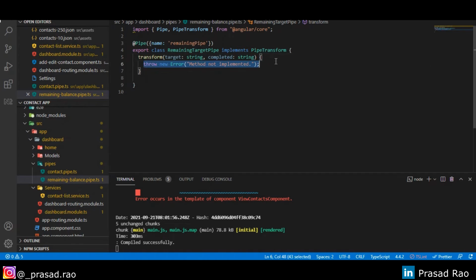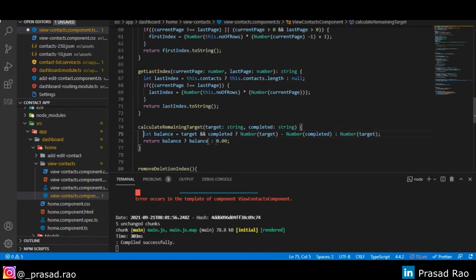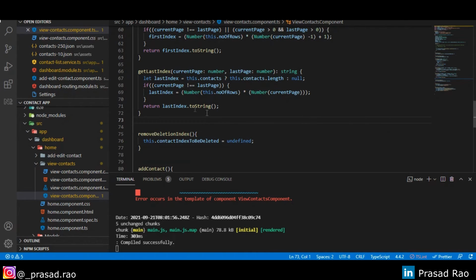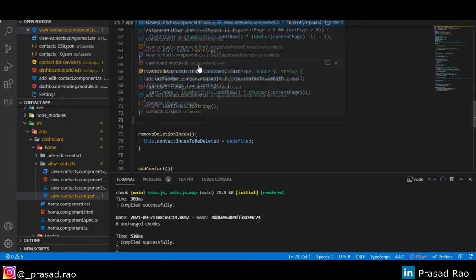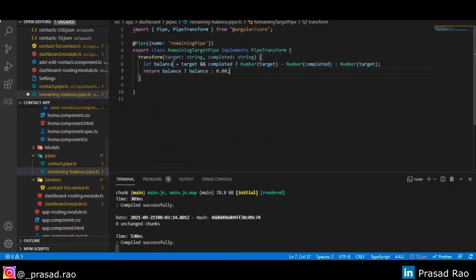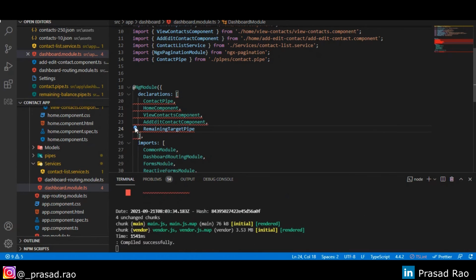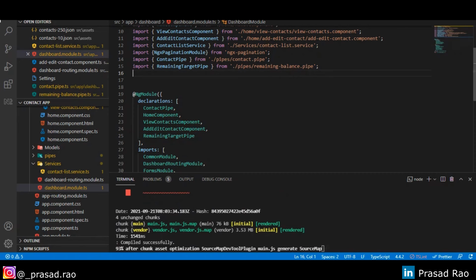Now let's copy the logic that we had written in the view component and paste it here in the pipe. Before that, we'll have to add it to the dashboard module or the feature module that we already have. So this comes from the pipes folder.